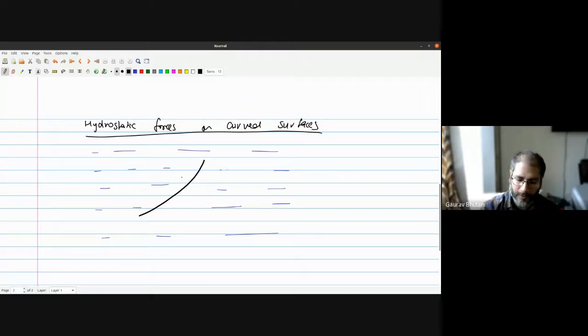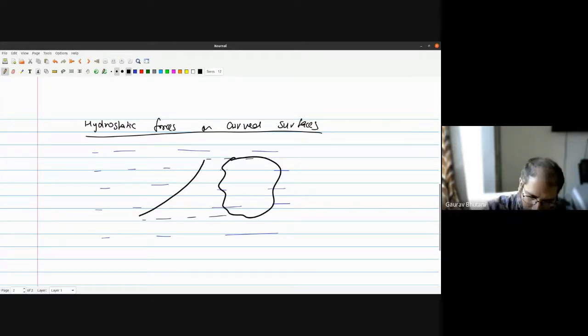If I want to calculate the net force because of pressure acting on the top surface, and the body is of an arbitrary shape, if I see the shape of the body, then it basically has some shape like this. So how do we do that? What we do is use a rather smart idea: of course the pressure distribution on the top side of the body is the pressure because of the fluid on the top side of the body. So I take a hypothetical fluid volume